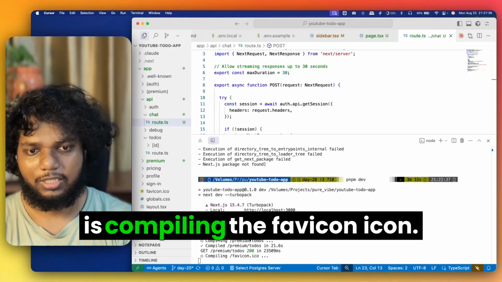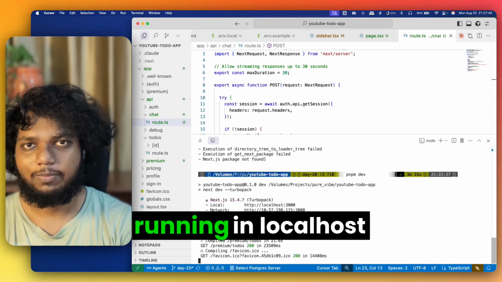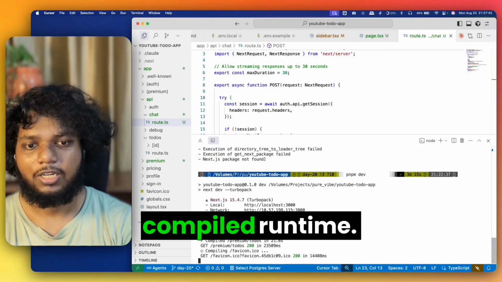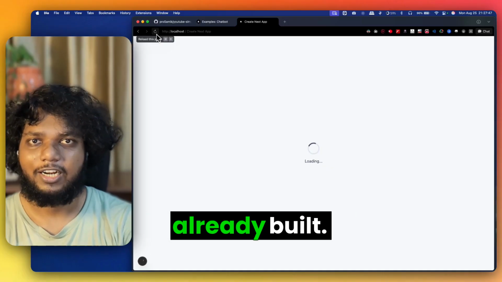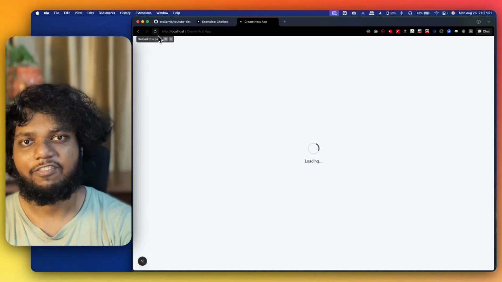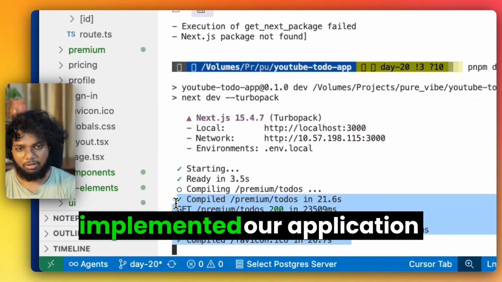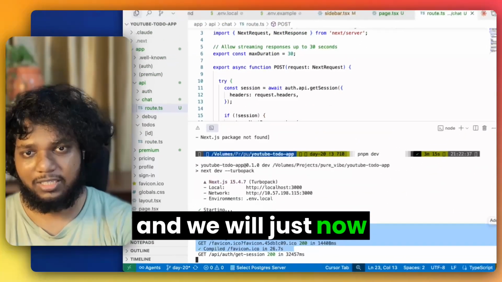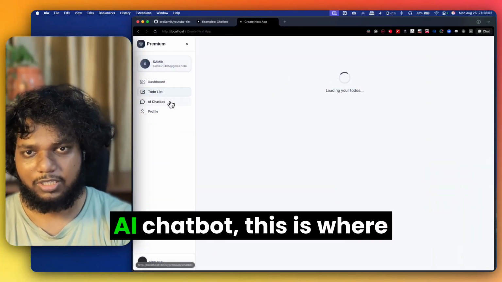So you can see it is compiling for the icon. This slowness you will experience when you are running in localhost because it is getting compiled at runtime, and once you are deployed in Vercel, it will be already built, like cache will already be built, so it will be very fast. So don't worry about that, and let's wait. So actually we have implemented our application and we will just now verify. So you can see I am already in the to-do list. Now if I click on AI chatbot,